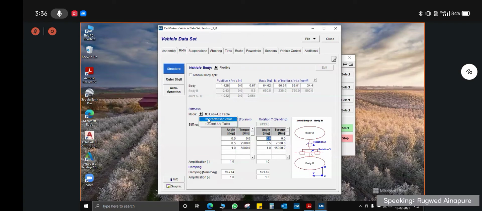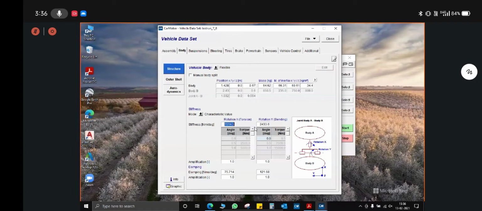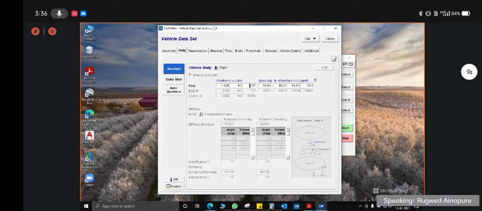For initial modeling, we highly recommend you to select all the basic things available with you, put all the basic values available with you, and get a running vehicle. And upon that running vehicle, then you can go on optimizing all the things so that you will exactly know what parameter is changing in the output set. So once you have a running vehicle and you go on optimizing a particular subsystem, then you will exactly know what effect it is having in output. That's why just get a basic running vehicle first with respect to the design that you have done currently.